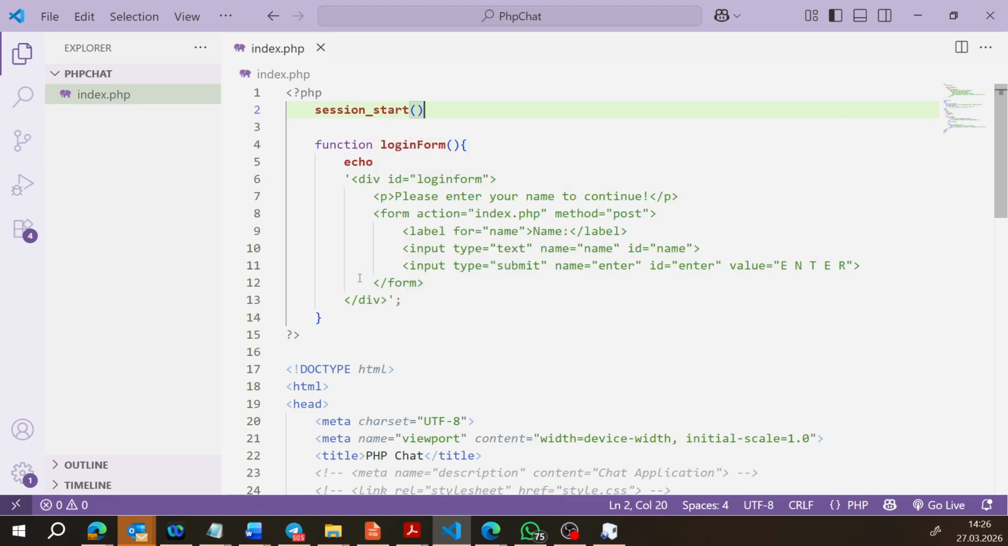So this is the special function which starts the session on the case. If I start the session, here I have the function login form. But in the function login form, I know this one is here. I want